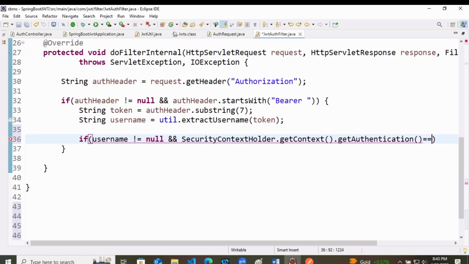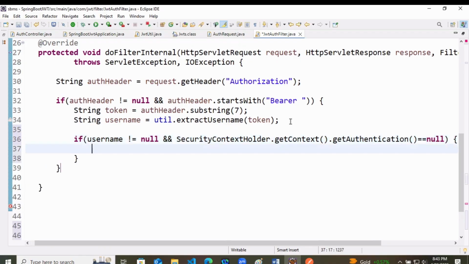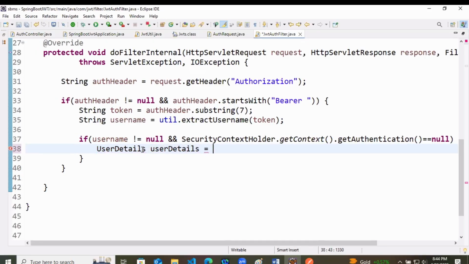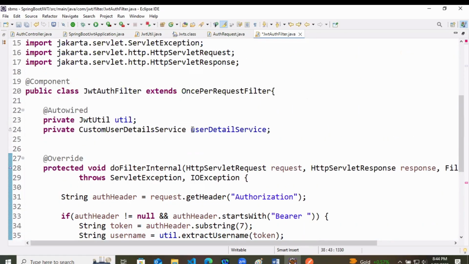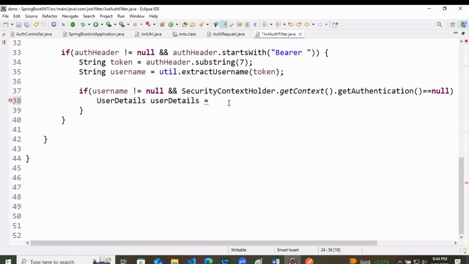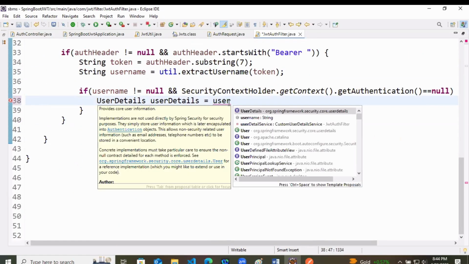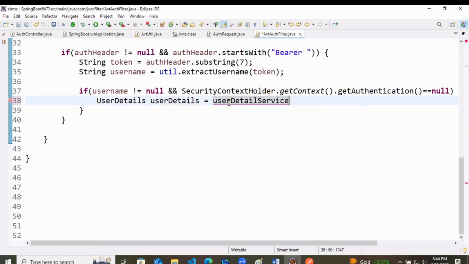If it is equal to null, then the username should not be null and the security context authentication is null, meaning now we are going to create user details. For that we are going to use the service. Which service? This one, the user details service that we have already created.